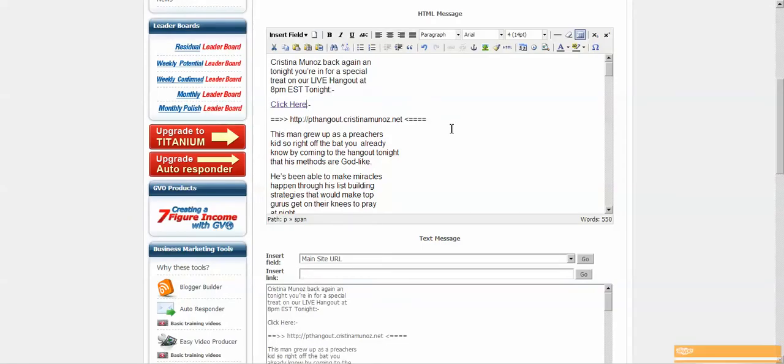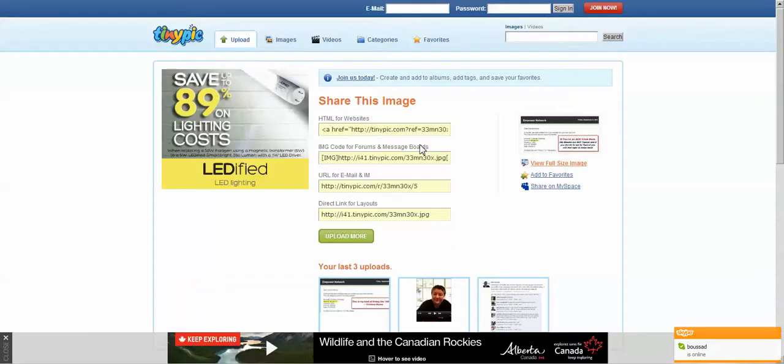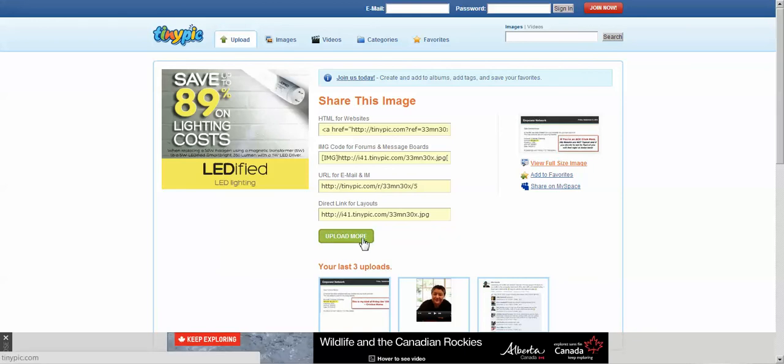It's the same thing when you add an image. Okay, so say you want to add an image. I'm going to bring one here. Just going to give you a few tips before we go to the broadcast. I use tinypic.com. See all these images over here? Tiny Pic is great. You can literally upload an image from your computer and then it'll create a link for it. And you need a link to be able to put images in your GVO.